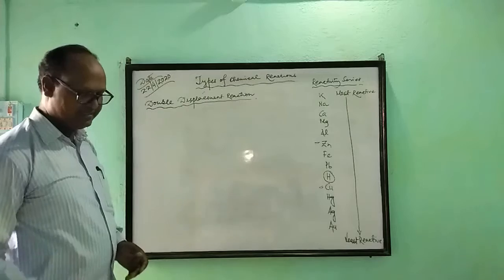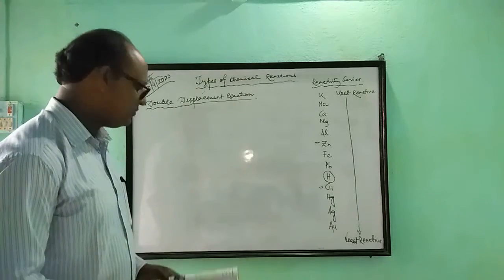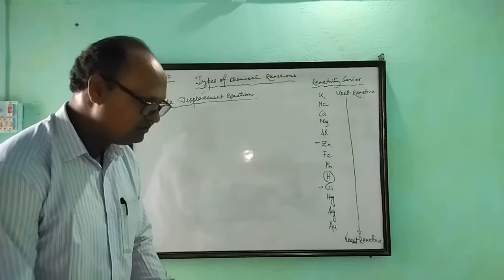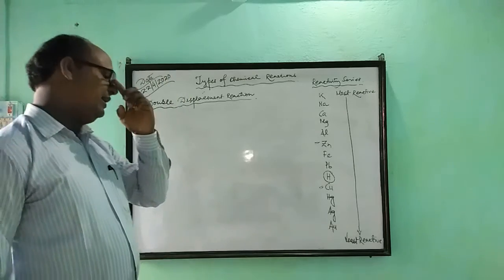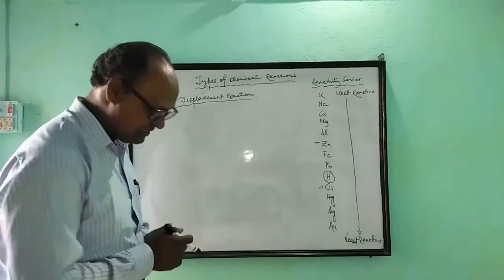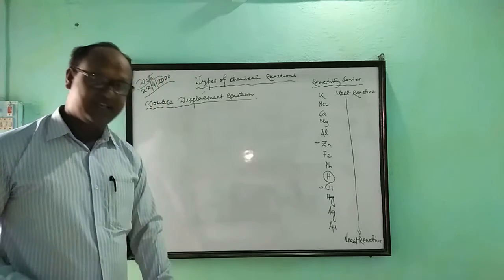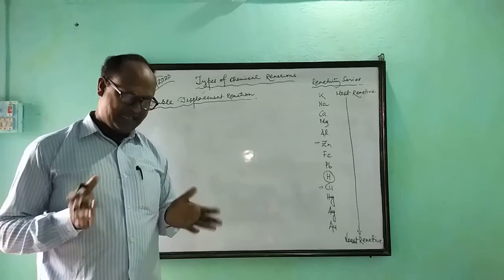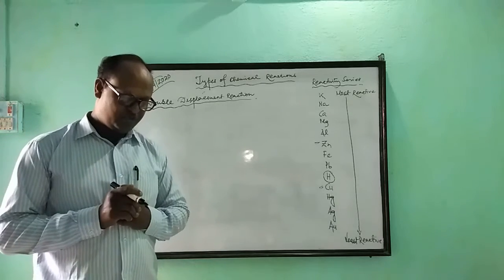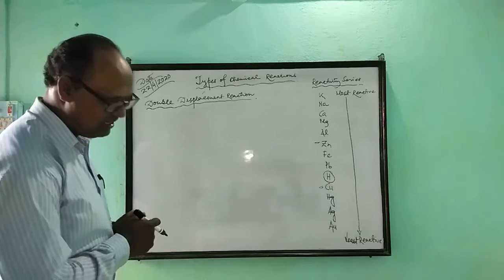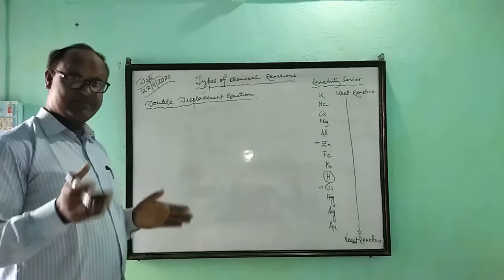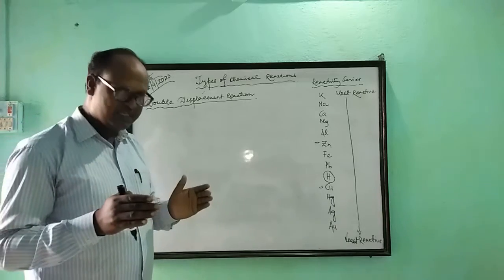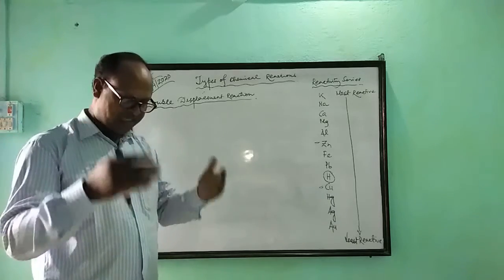Now double displacement reaction. In the displacement reaction, only one element displaces another element. In a double displacement reaction, the reaction in which two compounds react by an exchange of ions to form two new compounds is called the double displacement reaction. In a double displacement reaction, two salts or two compounds react with each other and make two other